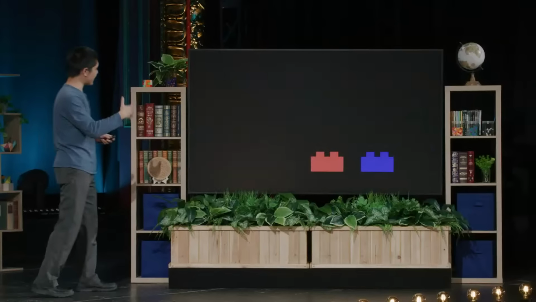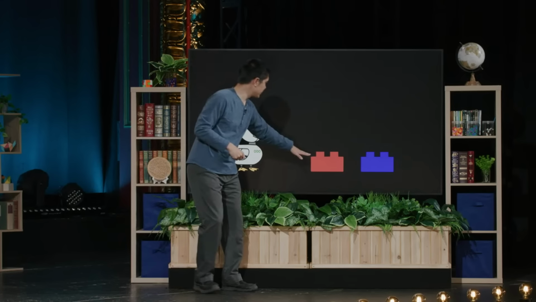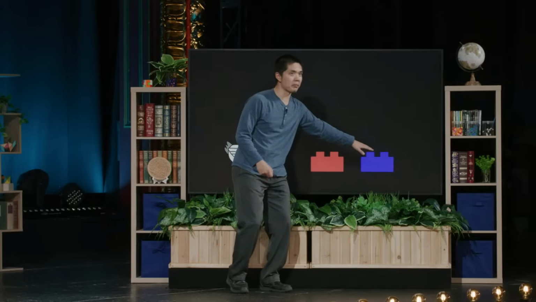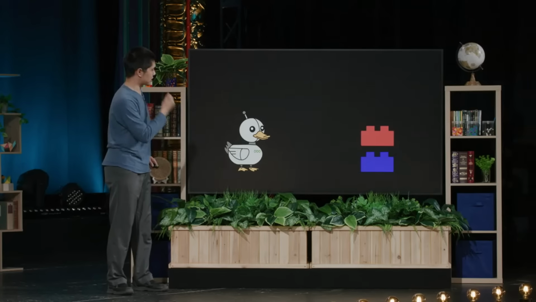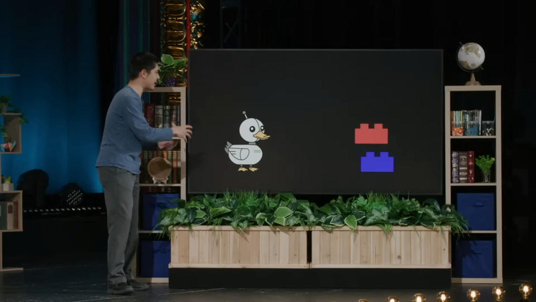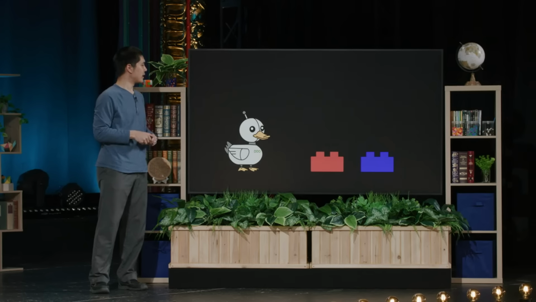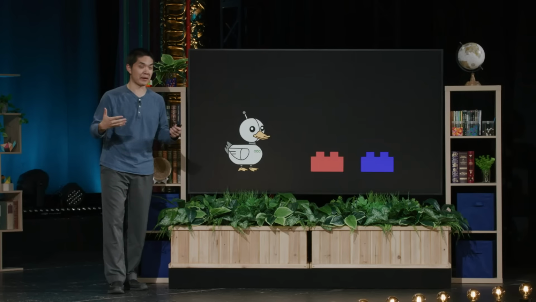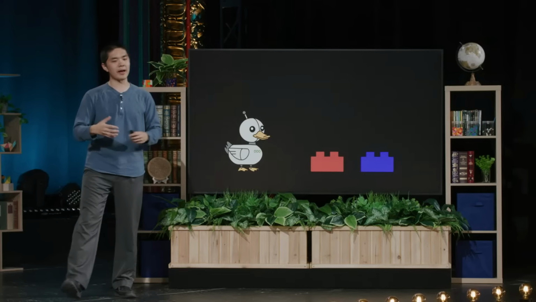So the researchers had an AI, and what they were trying to do is use this virtual robot to try and stack this red Lego brick on top of this blue Lego brick. That was the goal. And what they wanted the AI to do is, rather than give it direct instructions for how to stack one brick on top of the other, they wanted it to learn through reinforcement, to try doing something that would stack it. And if it worked, then great, it learns to do more of that in the future.